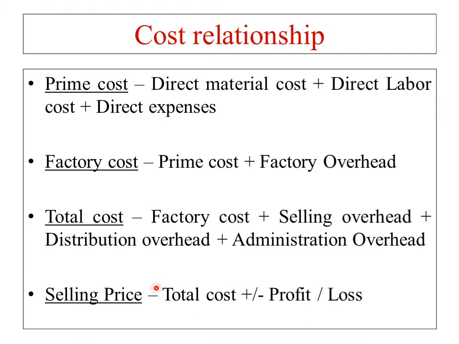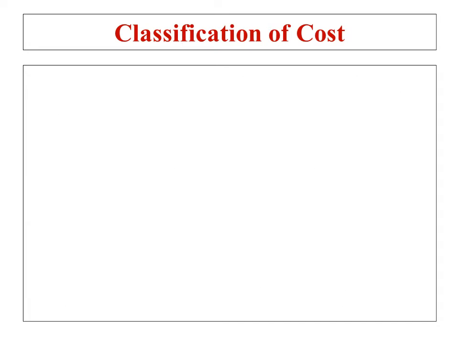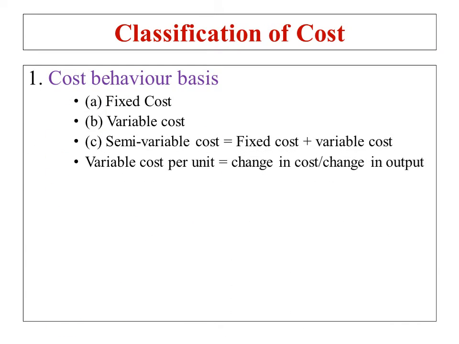Then selling price. A product's selling price will be equal to total cost plus or minus profit or loss, which is taken into account for calculation of the selling price. Okay, that is the cost relationship. Now there is something called classification of cost. In the classification of cost, the first one is the cost behavior basis. So it may be fixed cost, which is directly related to the production, then variable cost which changes,